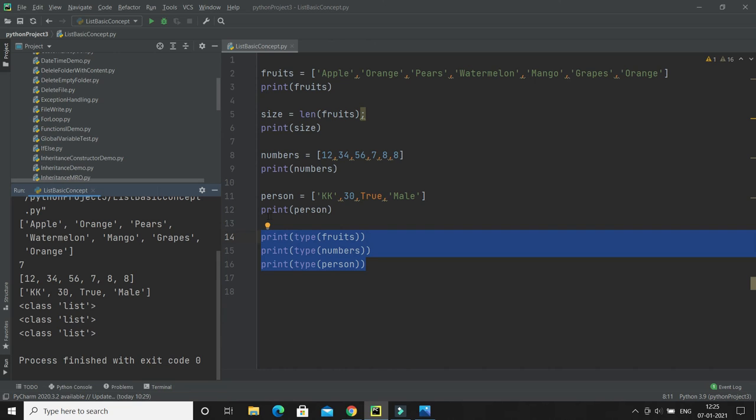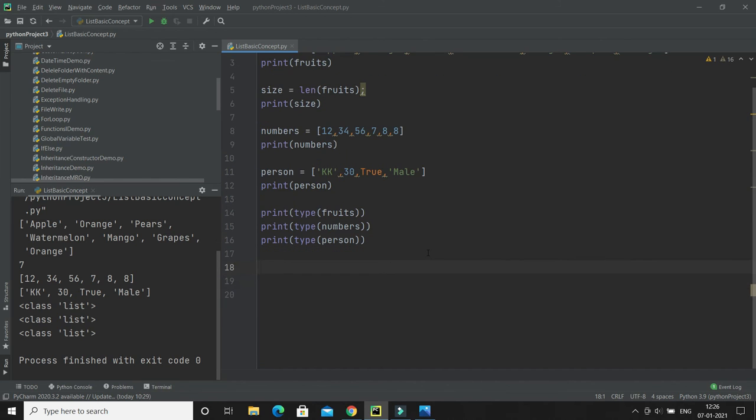Now we have learned how to create a list in Python. Simply you have to use the square bracket. So is that the only way to create a list in Python? No, there is one more way to create a list, using the list constructor. It is also possible to use a list constructor when creating a new list. Let's see how we can create a list using the list constructor.